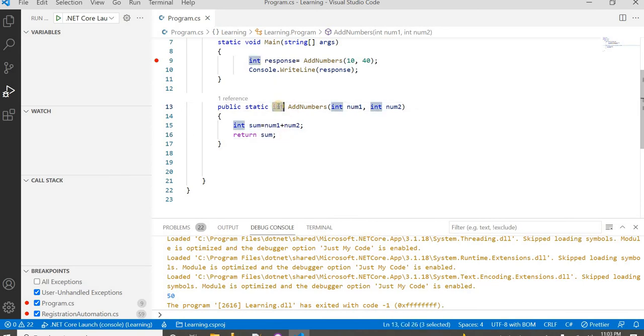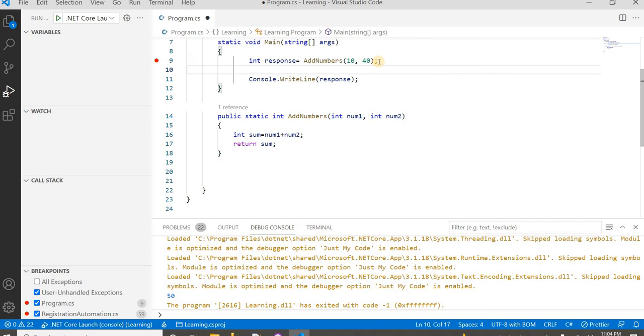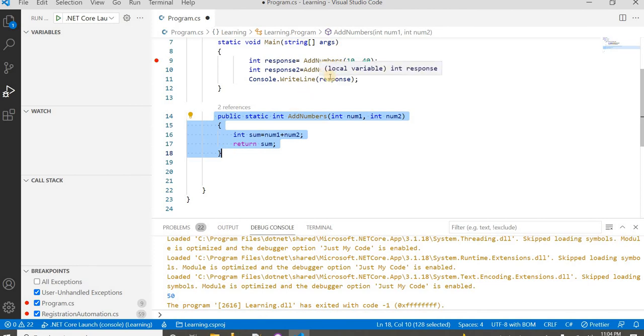And what is the benefit of a method? A method is one piece of code which we can use again and again. Suppose I added these two numbers, and again I need to add other numbers. In that case I will take int response2 is equal to, and here I can pass other values, whatever I want to pass. So I have no need to write number 1 plus number 2 again. I have written it once here, I can call it multiple times, and even call it from any class. So a method is a piece of code which helps us reduce the number of repeating lines.